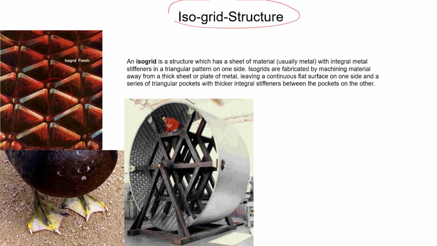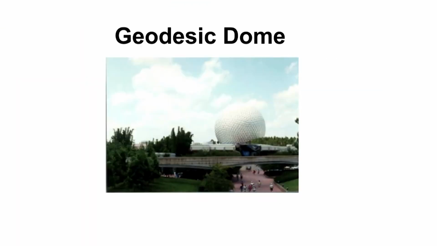Particularly for a rocket structure which is subjected to large loading, the isogrid system provides a large stiffness and strength to the system. Now, another structure I will talk about is the geodesic dome, okay, which is a